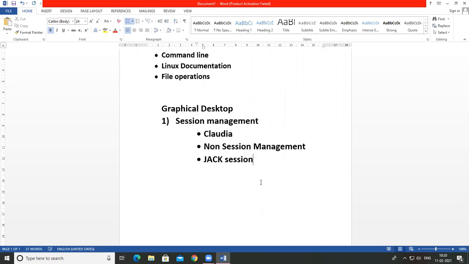Then next one is installing and updating software. Second point. Before executing any command, these are the basic concepts related to that.